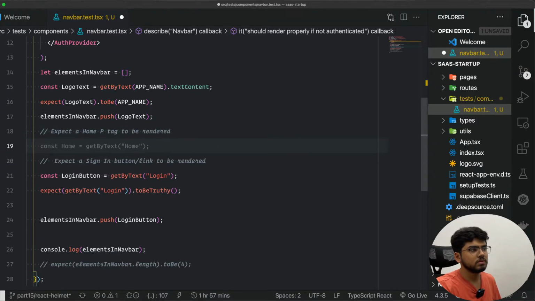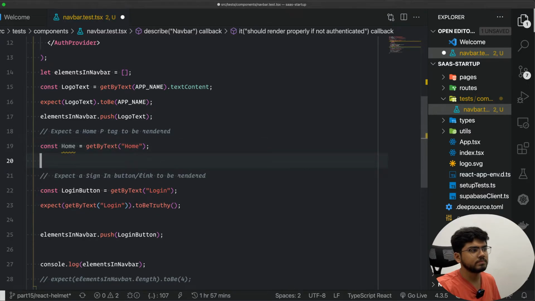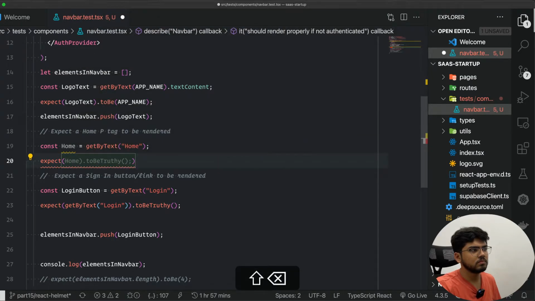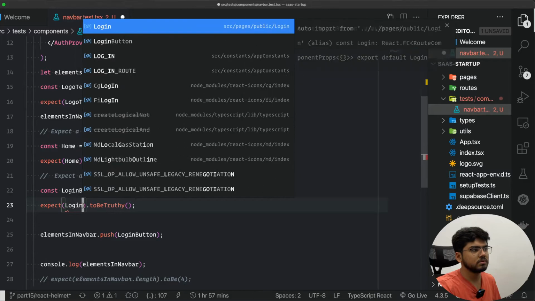Now we'll do const home, get by text home, expect home to be there, and here also login button.